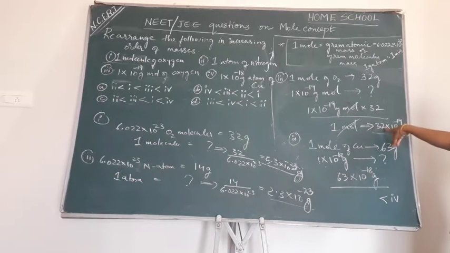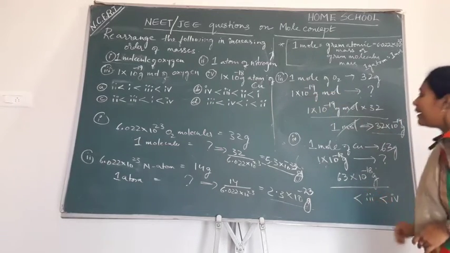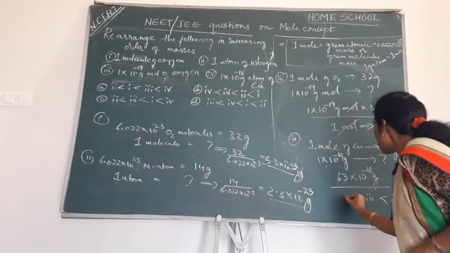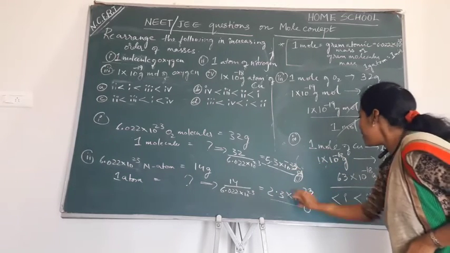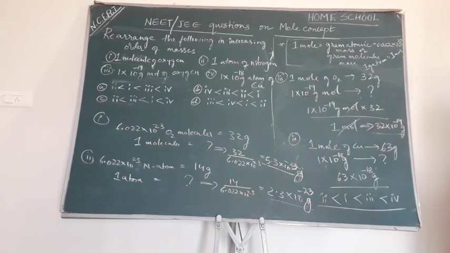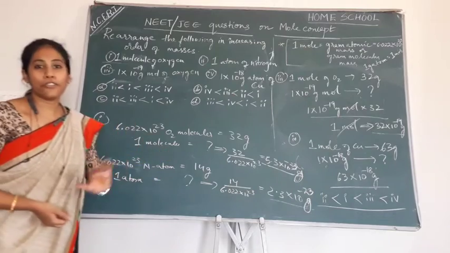And after that, the next highest number is this, no? So the third one is next highest. And after that, compare between this and this. The first one comes next, right? And the least number is this one, the second one. So this is the option that you will get. Where it is matching, option number 1. So this is how you have to do the problem.